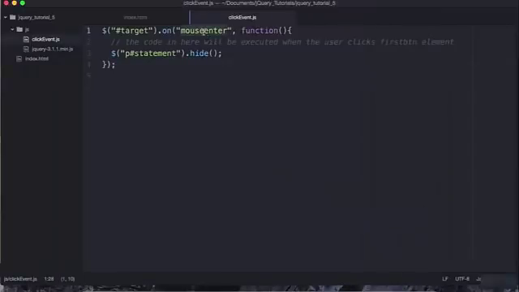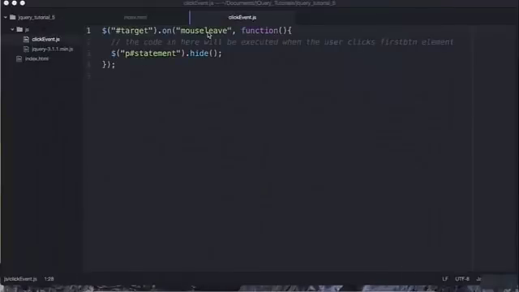Okay? So just like mouseenter, there's also mouseleave. Let's refresh the page and you can see how that works. So it's going to do exactly what it sounds like. As soon as I enter, nothing happens. Okay, I'm on this target. Now, but when I leave, boom, there you go. That sentence disappeared. So you have a variety of events to choose from. jQuery makes it so easy to implement this advanced functionality that would require a lot more code if we were